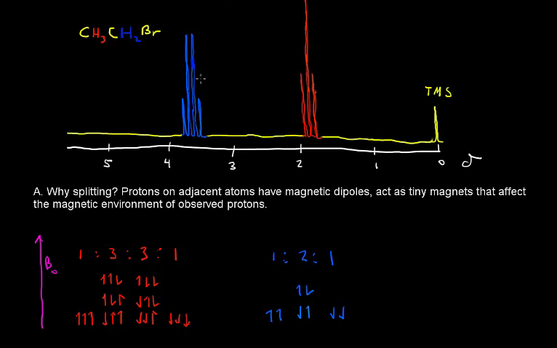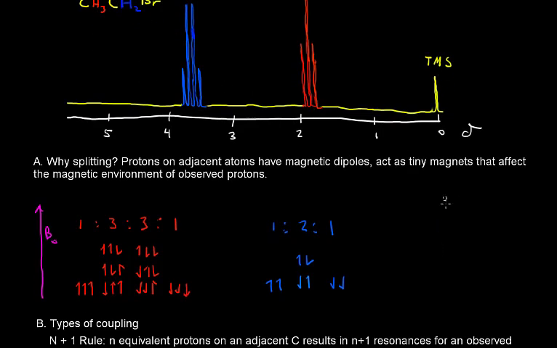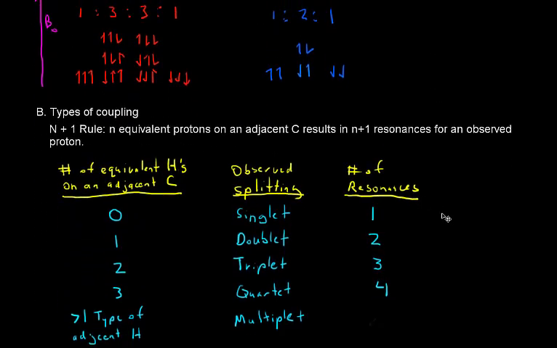Now, types of coupling. We see here this is one type, this is a quartet, this is a triplet, that's another type. And you might be able to figure out from what we've discussed here the type of splitting that we'll see based on the number of protons on an adjacent carbon. It's known as the N+1 rule. N equivalent protons, that means in the same chemical environment, on an adjacent carbon results in N+1 resonances for an